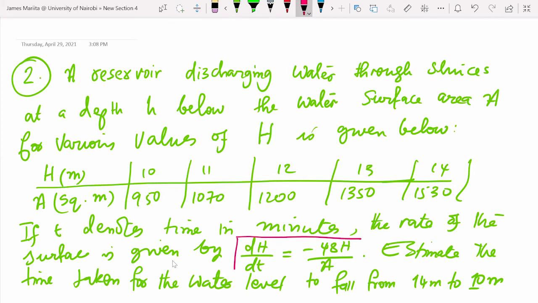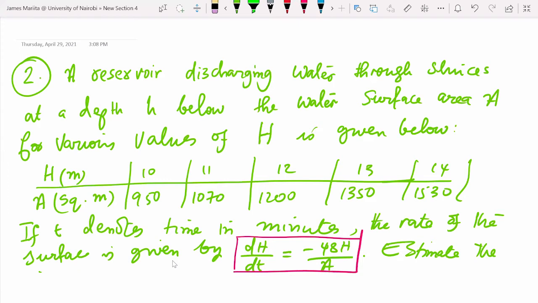Excuse me. The question is, yes? The lower part of the formula is not visible. Are you able to see, estimate the time taken? No, I'm only able to see up to the word estimate, below that I'm not able to see. So you can't see that? Up to there, isn't it? So the question is,